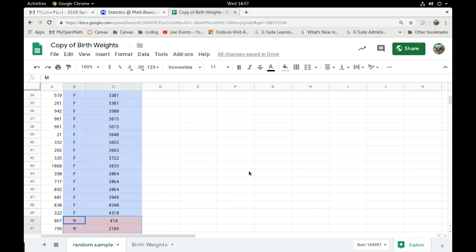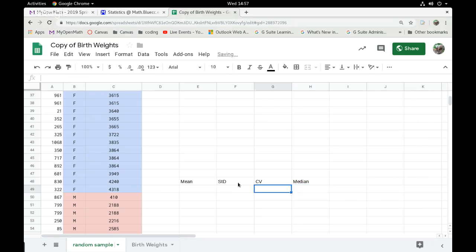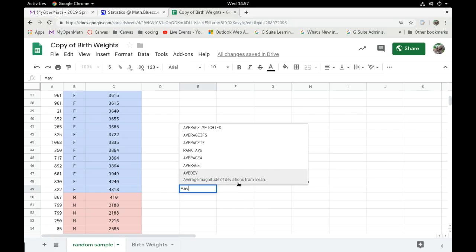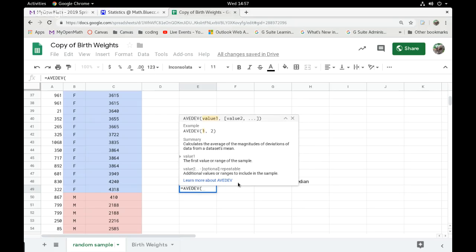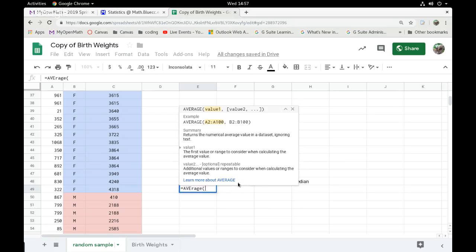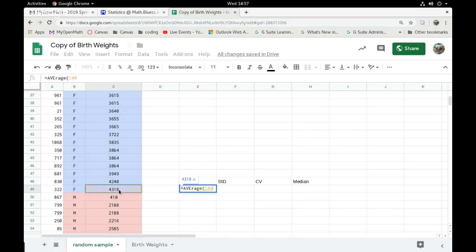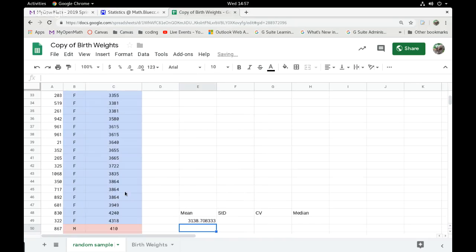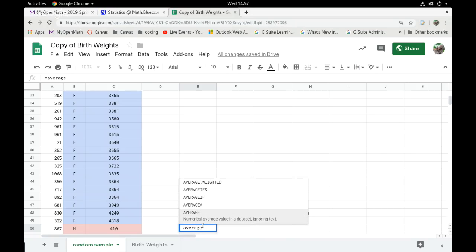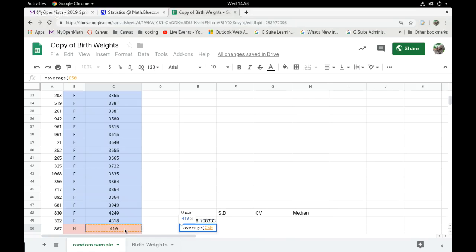So I'm going to put these statistics right in the middle here. So I would like to find the mean and the standard deviation and the coefficient of variation, and perhaps let's look at the median too for now. So that would be average, and then highlight your females, and then do the same thing for the males, average, male,